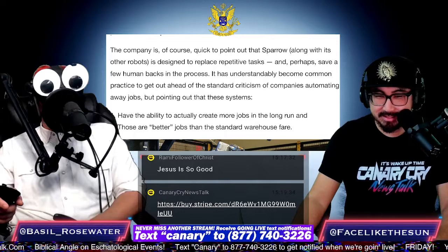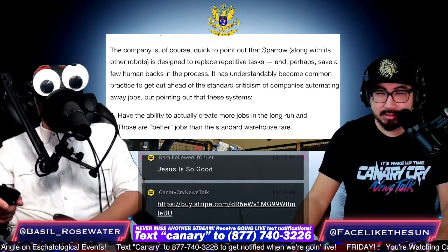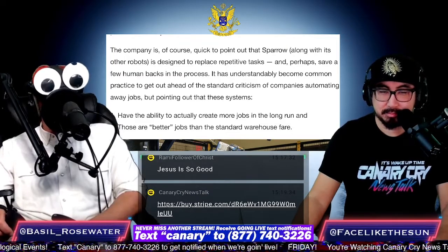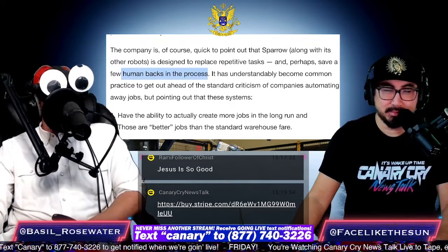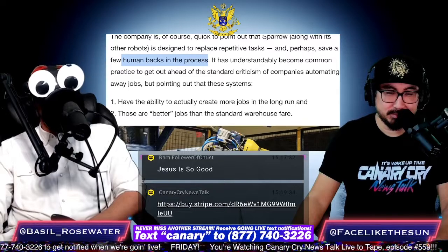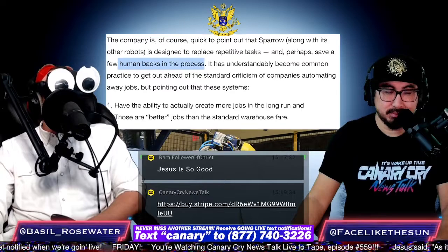The company is, of course, quick to point out that Sparrow is designed to replace repetitive tasks, and perhaps save a few human backs in the process. It has understandably become common practice to get out ahead of the standard criticism of companies automating away jobs, but pointing out that these systems...